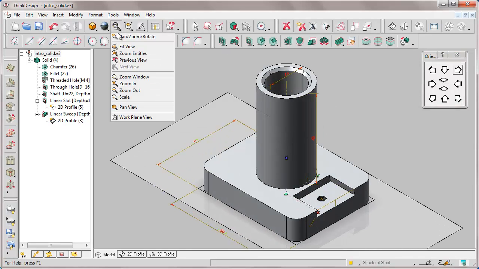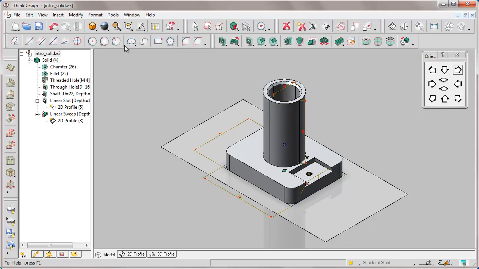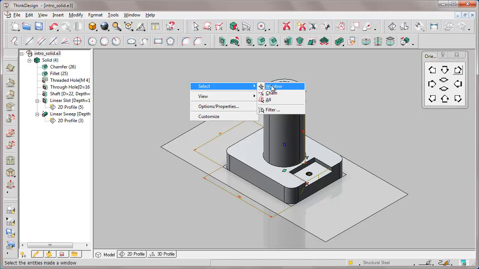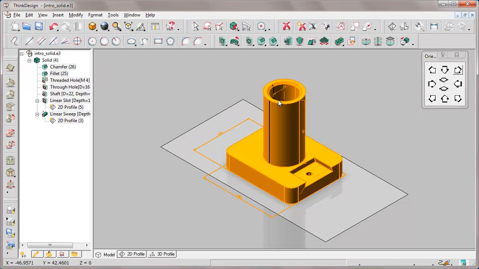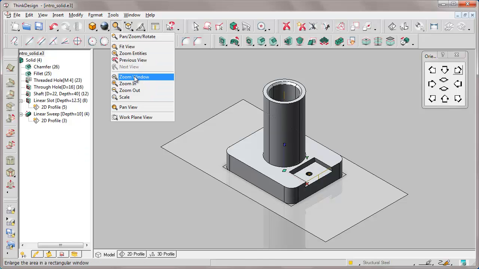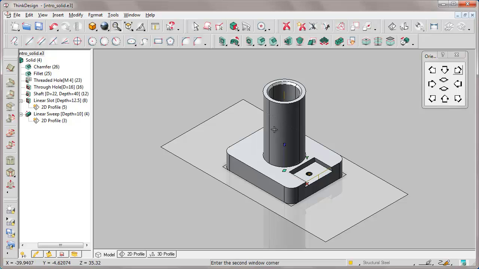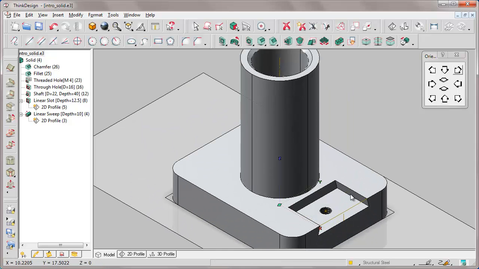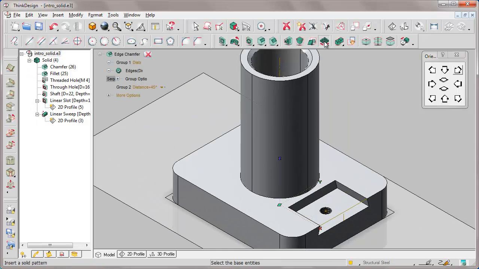Now let's select the whole solid. This is because we switch to View, Height Driving Dimensions. Now, in addition to the hole just made, we need 2 more, so we apply the Solid Pattern command. We select the threaded hole.